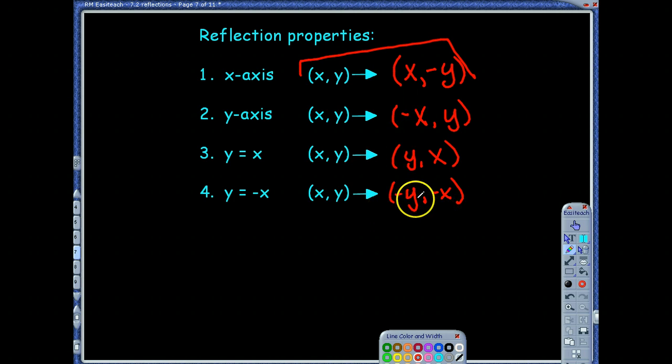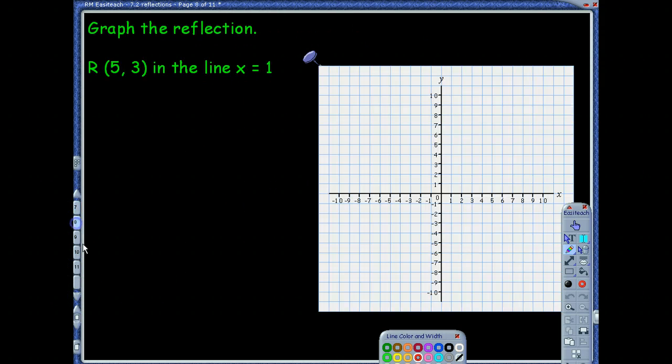And that may just be a good little spot to have one convenient place to look at those later. Now, you won't have these to use on a test or anything like that. It's not really about memorizing these. If you remember them, great. If not, no big deal. You can always perform it. Exactly. All right. Now, let's do some other reflections, but these are a little bit different because notice the line